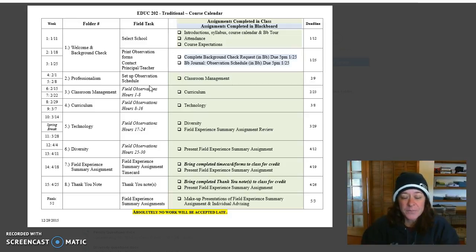I have an email that I can send to the principal that usually gets a response in a day or two. I will send it and say, I have a student who's trying to find an observation site. It's really important that when you're talking to principals, you're clear about the fact you're looking for an observation, not a student teaching position, because they're two very different things.